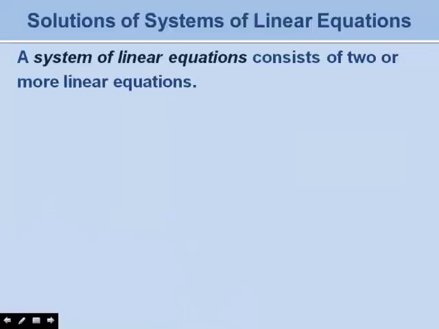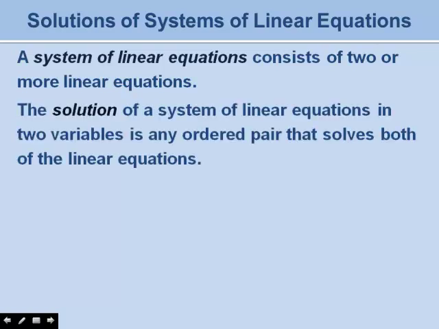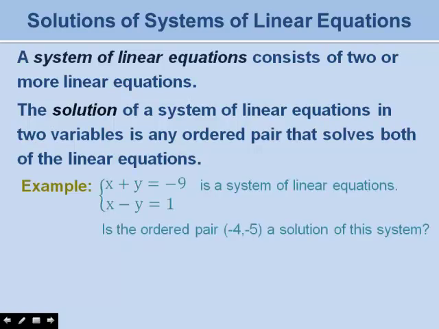Now that we've reviewed how to graph a linear equation, let's talk about systems of linear equations. A system just means that there are 2 or more linear equations. So when we're talking about the solution of a system of linear equations in 2 variables, it's any ordered pair that solves both of the linear equations. For example, if we have the system x plus y equals 9 and x minus y equals 1,